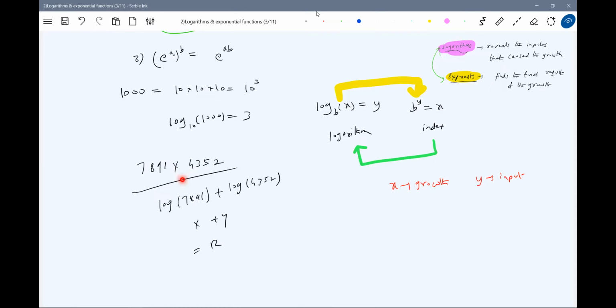Then what happens? We don't have machines which can perform multiplication, but we do have machines which can perform the addition operation, because they have the superposition principle. Therefore, I'll take help of logarithms. That is how the machines are constructed. If you go to industries, to perform multiplication we first convert to log, the outputs are added, and that R is nothing but the product of these two.